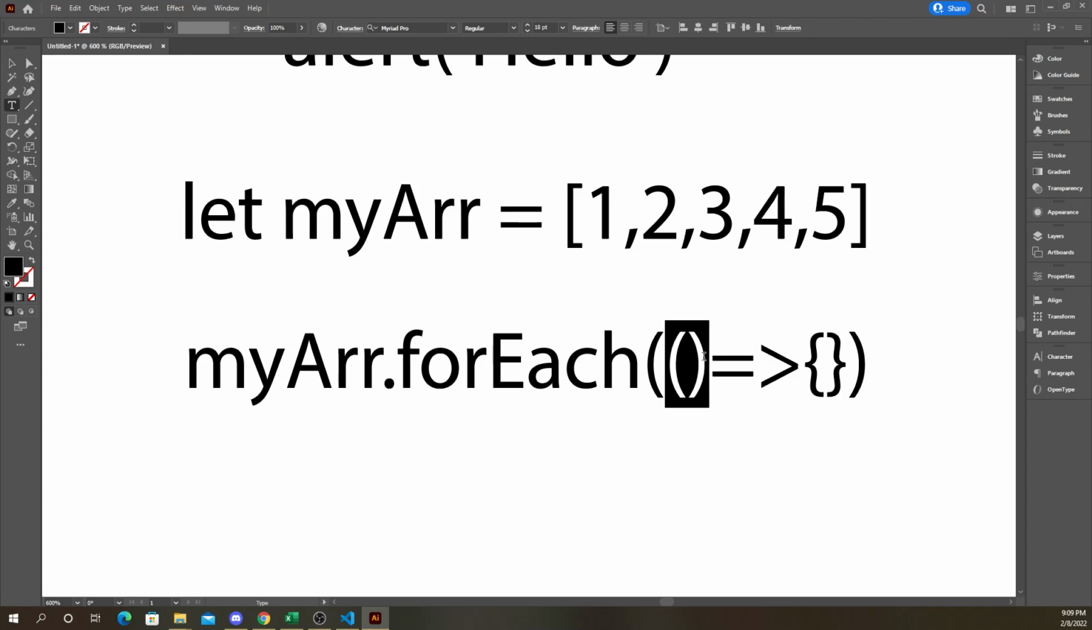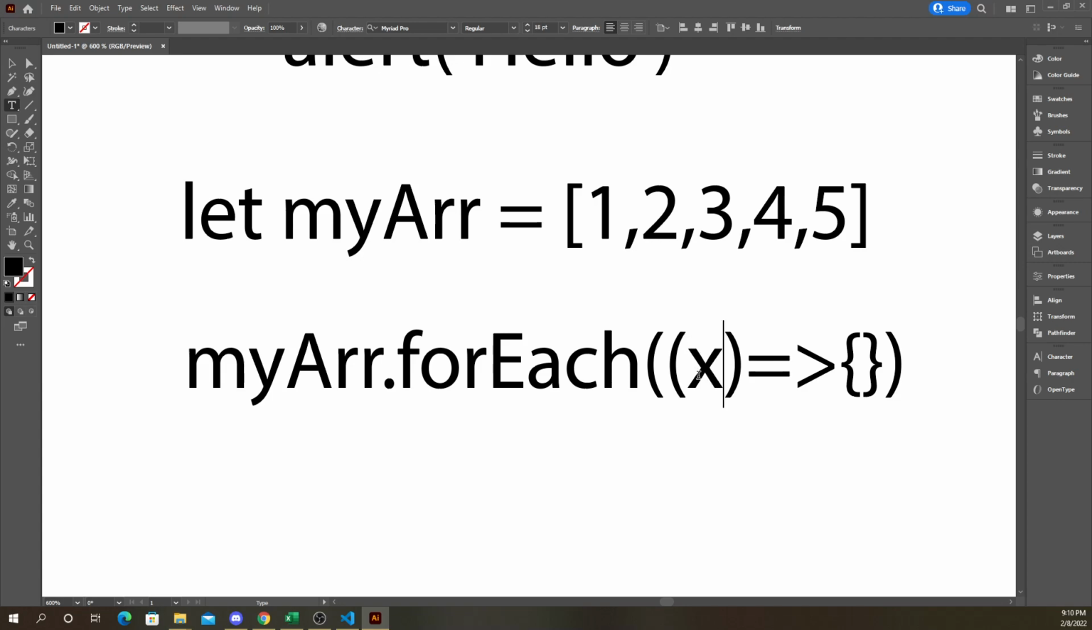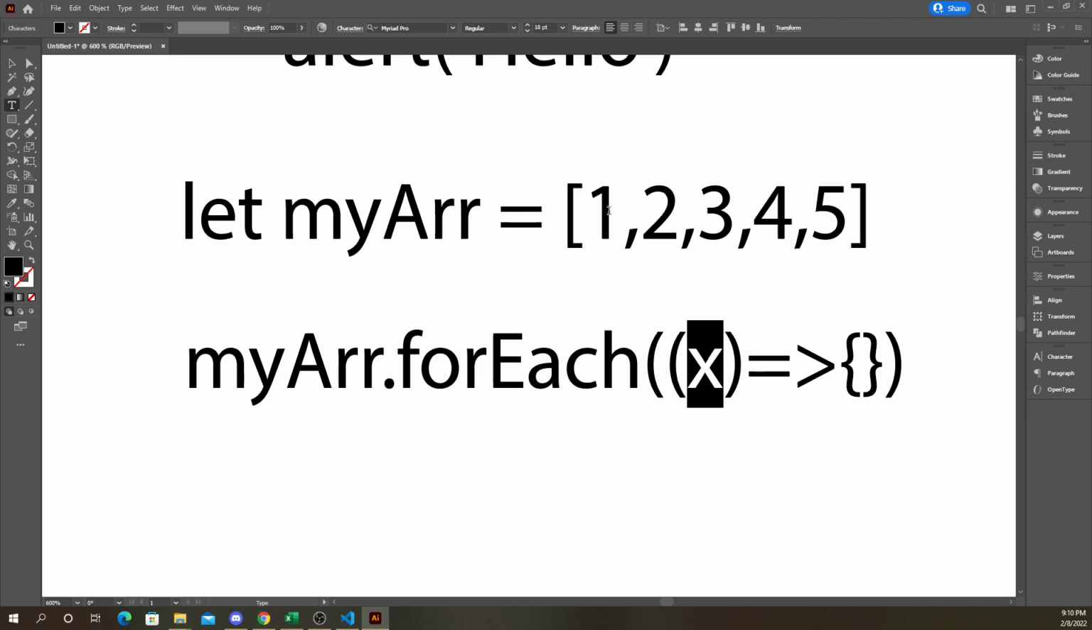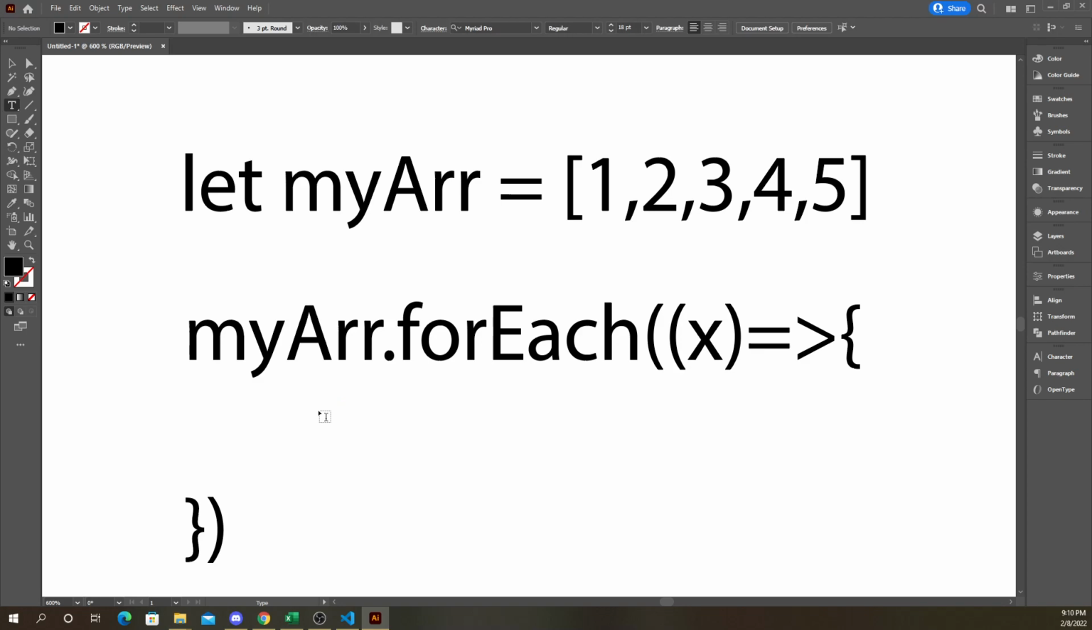Now, when we put this function inside these parentheses, you could put a variable to represent each of these. So this x can represent the 1, the 2, the 3, the 4, and the 5. It'll represent each of them, because forEach is going to go through all of them. So every time it goes through them, this x is going to represent each one. Okay, and then inside here, we can do something with that. So since the x represents each of those,